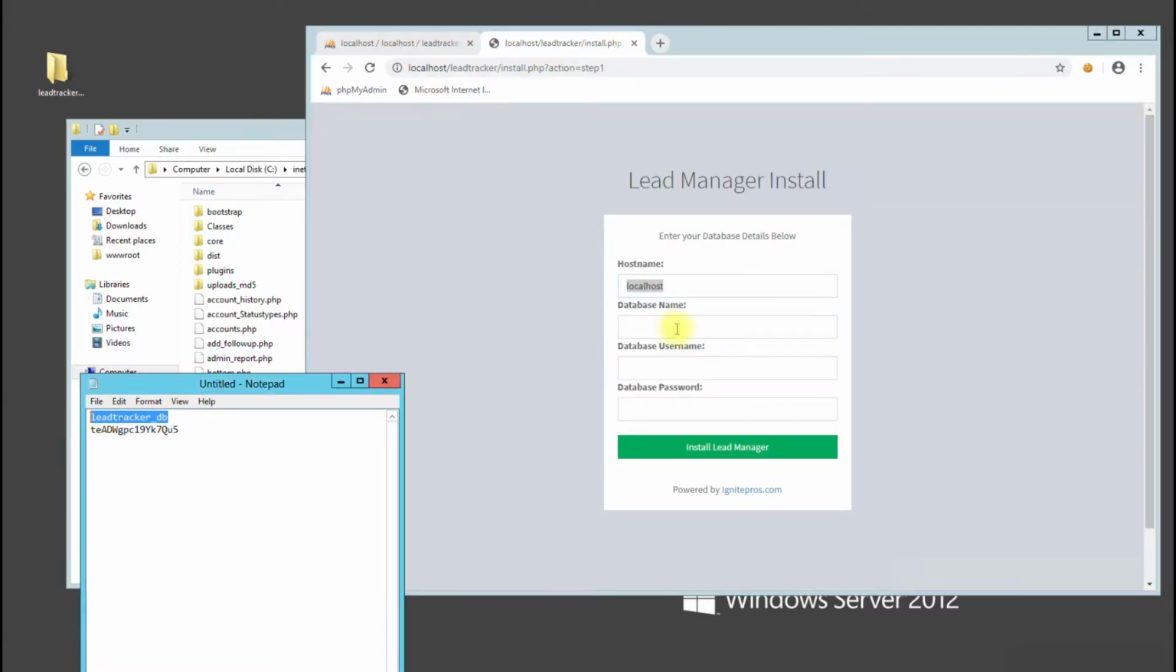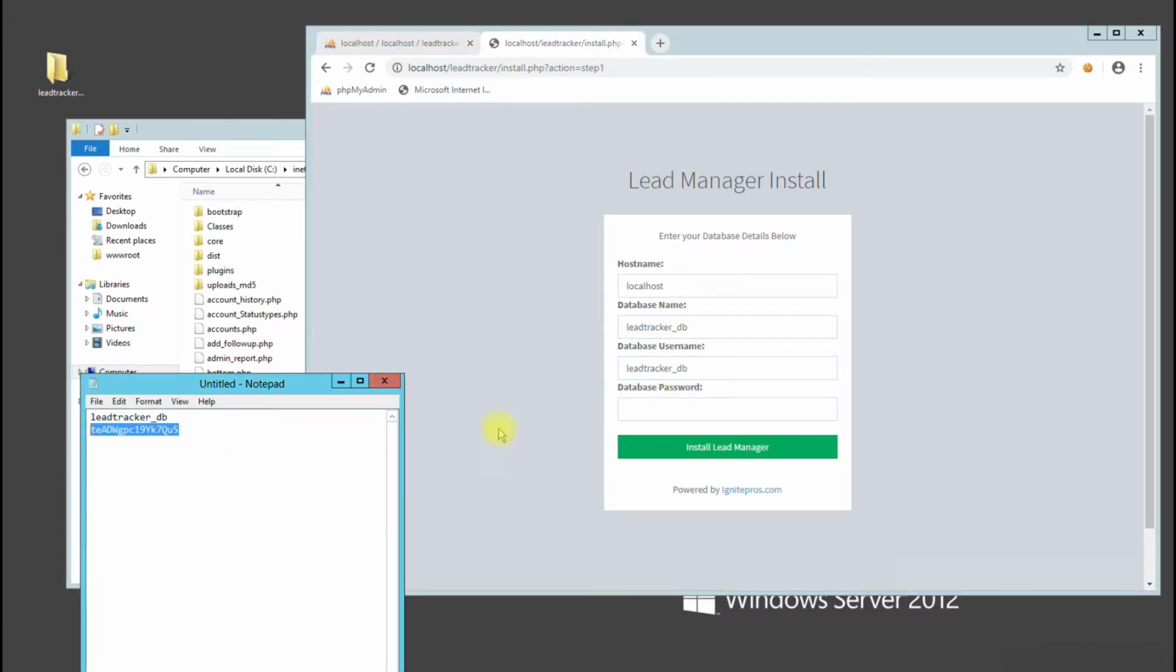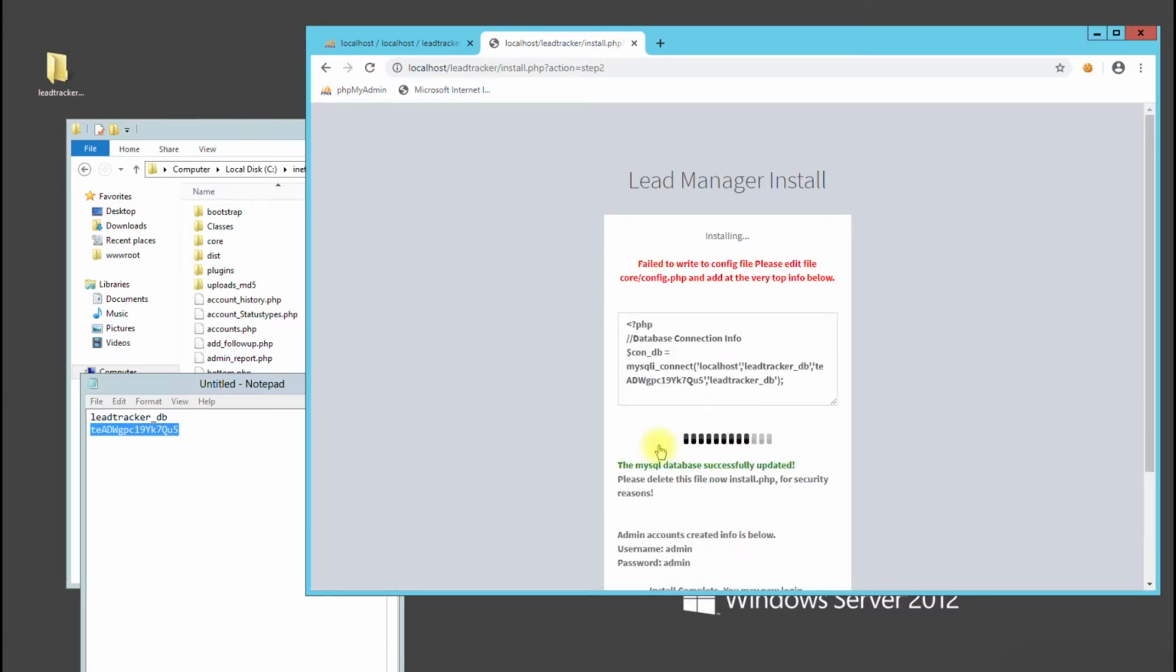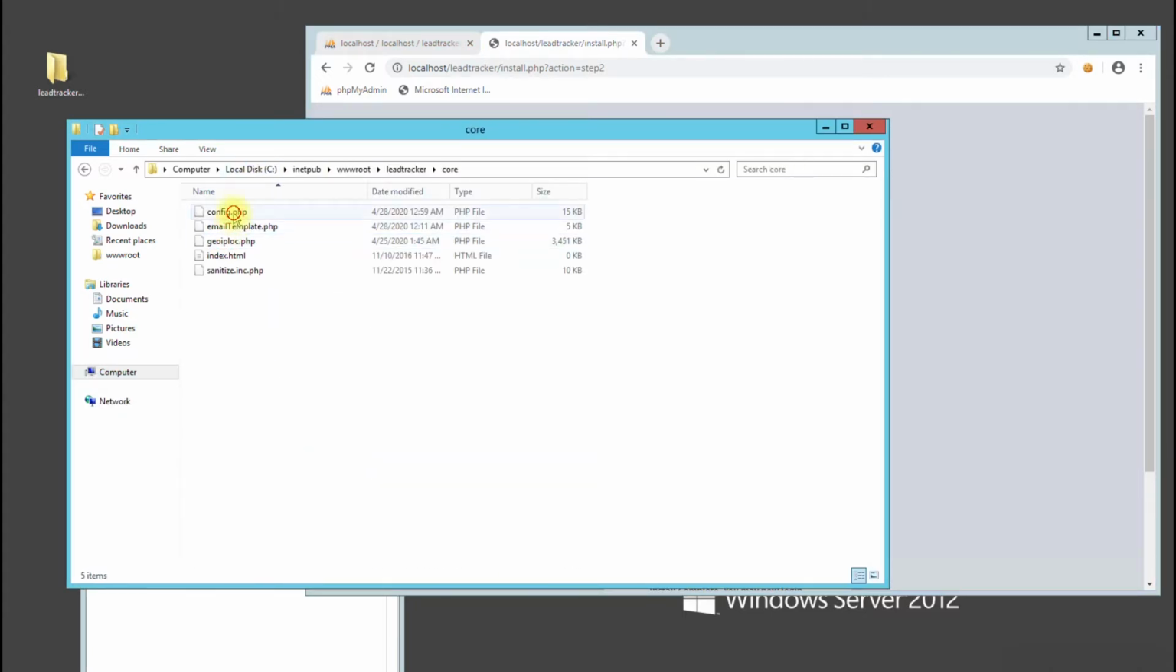Now that we have our database name, database username, and then our password that we just created, go ahead and hit install. Now if you get this message, fail to write to the config file, if you didn't get it, you're fine. That means it wrote the details to the configuration file, but in this instance we did not do that. So what that means is inside core there's a file called config.php. I did not give the server permission to write on this file,